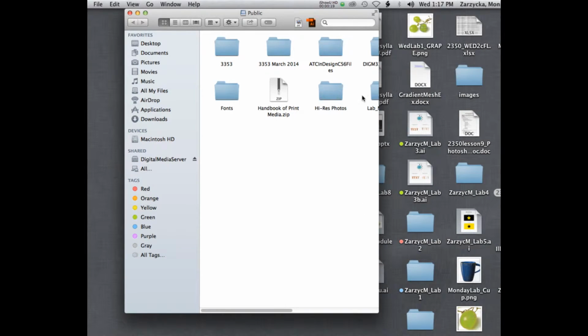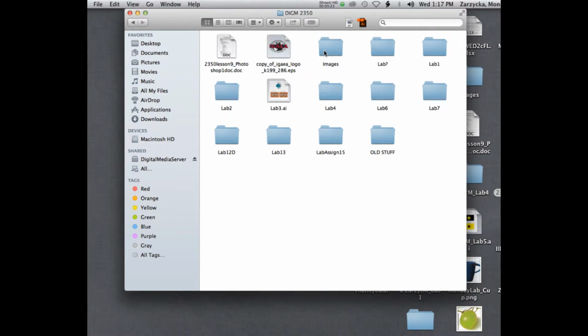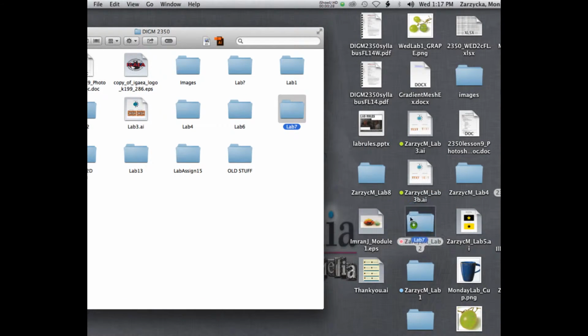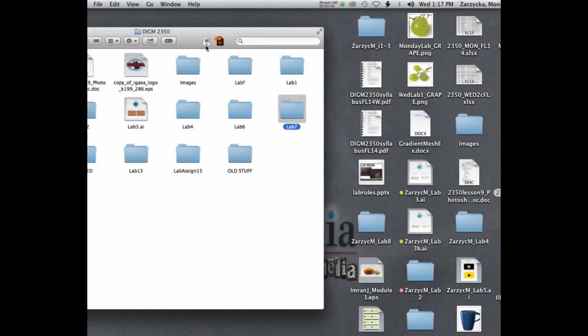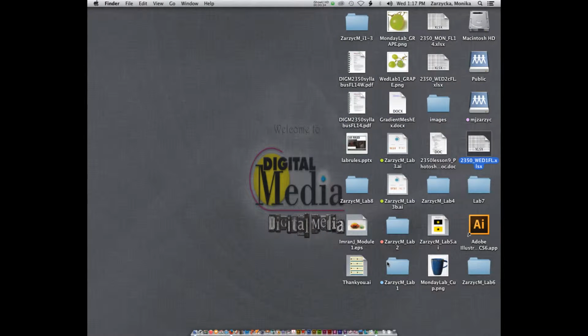Right, so let me go to lab materials. After I click public, lab materials 2350, and it is lab 7. Go ahead and move your lab 7 to your desktop. Now for these assignments, you don't have to rename lab 7, because you will not be submitting the folder, you'll be just submitting the files